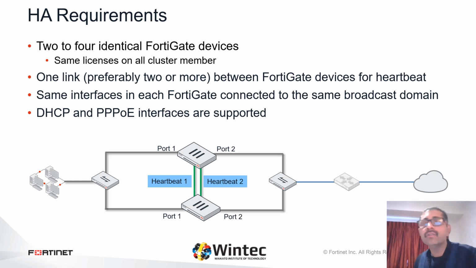As a best practice, you normally configure the FortiGate interface with static IP addressing when forming an HA cluster. Once HA is formed, you can configure DHCP or point-to-point protocol over Ethernet, or PPPoE, addressing for an interface. If an interface is configured for DHCP or PPPoE, enabling high availability may result in the interface receiving an incorrect address or not being able to connect to the DHCP or the PPP over Ethernet server correctly.